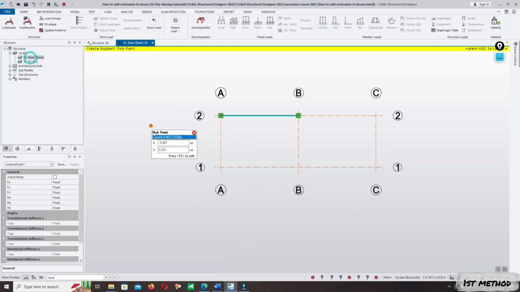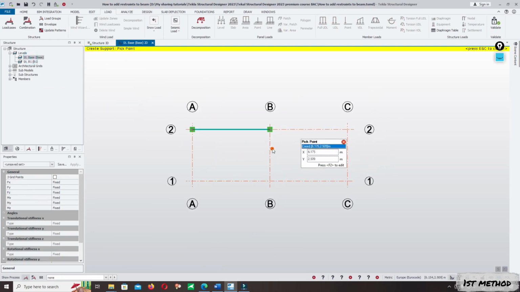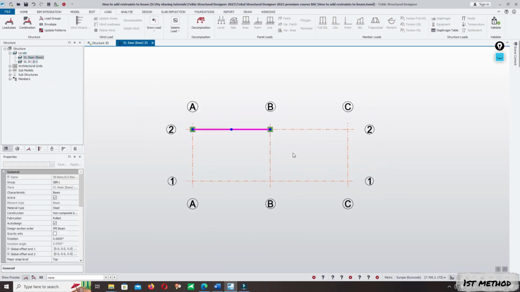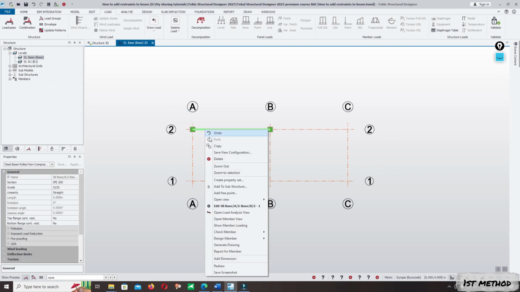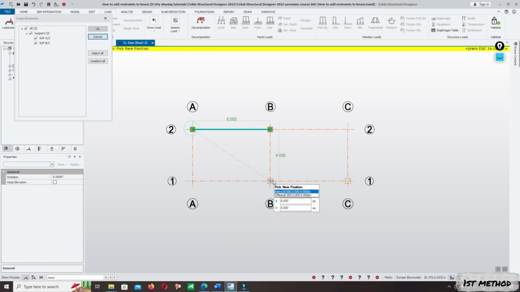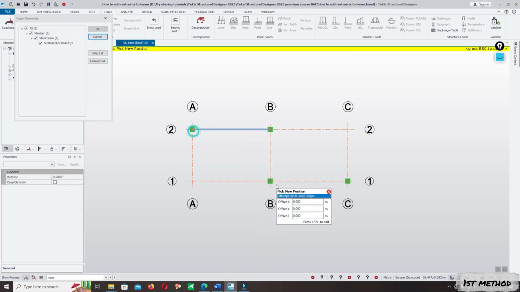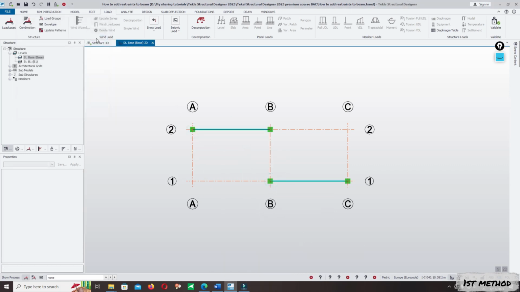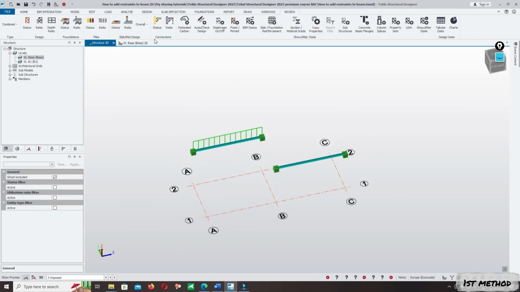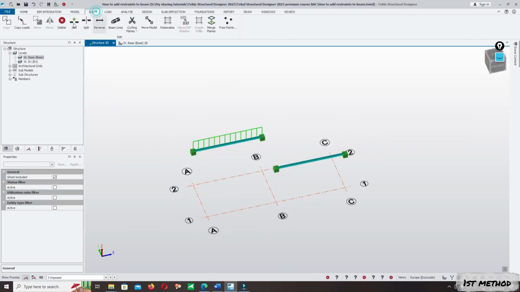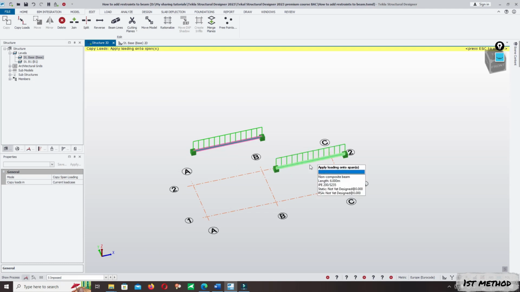Come back to the base level and you can use the window selection, right click, copy, click first point and second point. Again click on the beam, copy, second point. Click on 3D, click on edit, copy load, impulse, click on the first beam, click on second beam